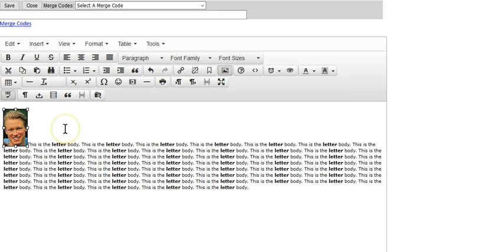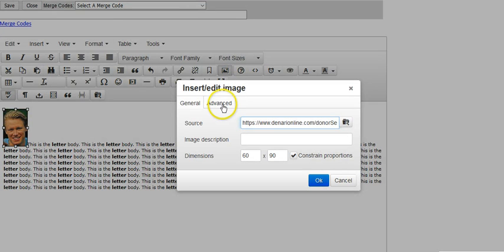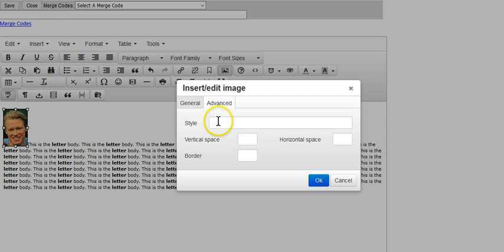You have to cause the text to wrap around the photo, and you can do that in one of two ways. The first way is to click on the photo here to highlight it, and then click the Insert Photo button again. Click the Advanced tab and enter a style that you want. In this case, we want it to float to the left. Floating the photo causes the text to wrap around the photo. So let me type that for you. It's float, colon, and then left, and you finish that with a semicolon. I'll go ahead and click OK,